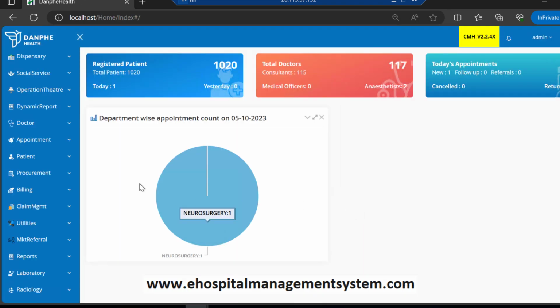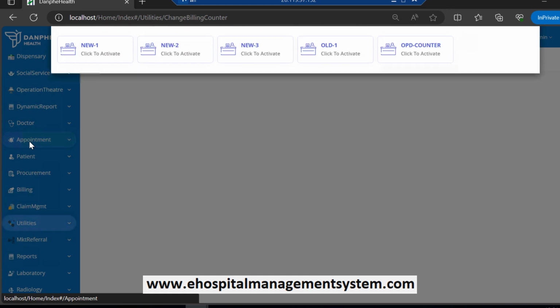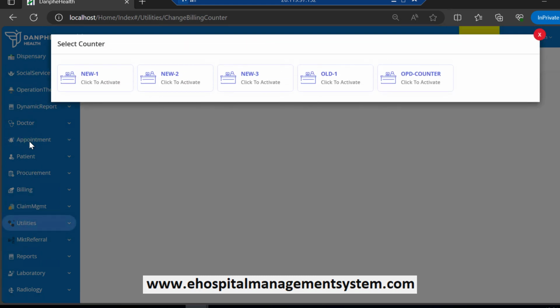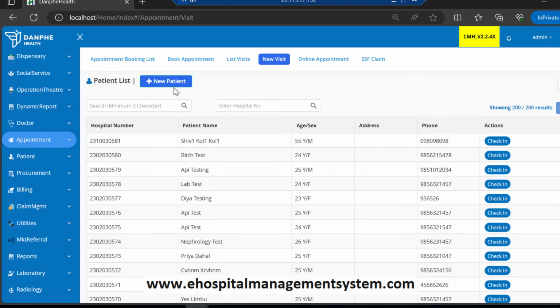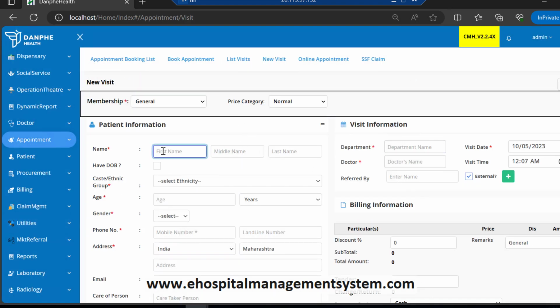Just wanted to show how to create an appointment. So when you click on the appointment, what happened is I selected the counter already, so I don't want to miss this step. So let us go ahead and test the system. I'm trying to create an appointment. When you create an appointment in a hospital, you can have a lot of counters, right? So let me select one of the counters out here, and let us create a new patient with the name test